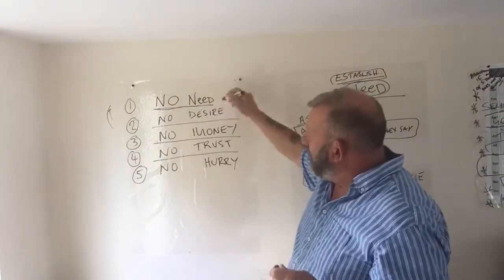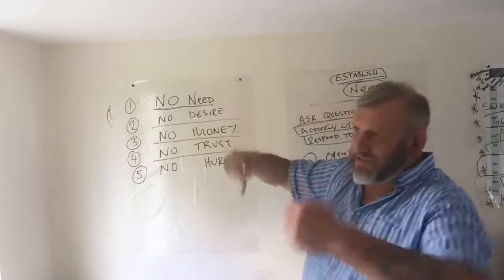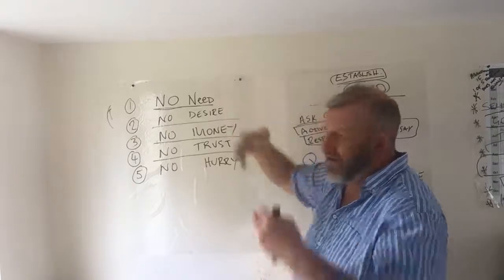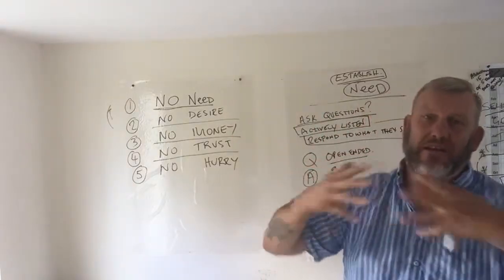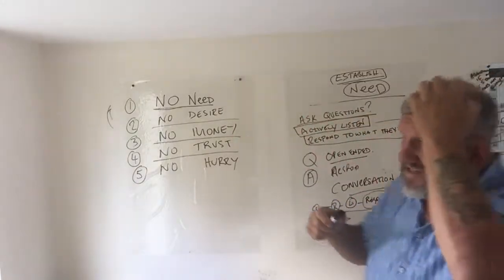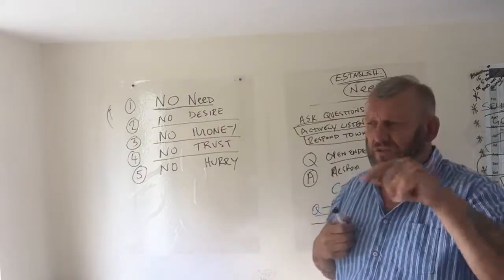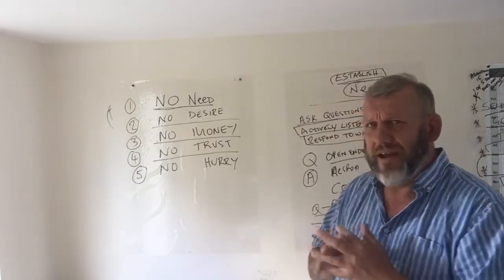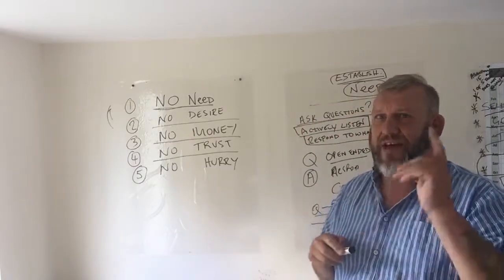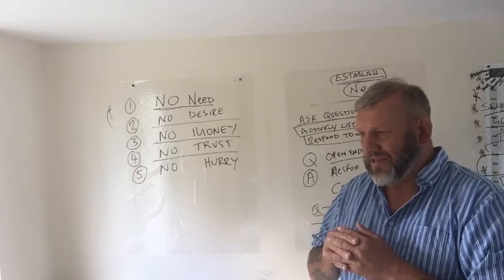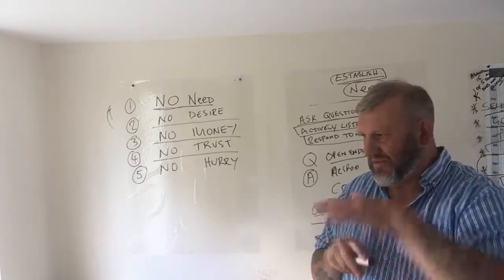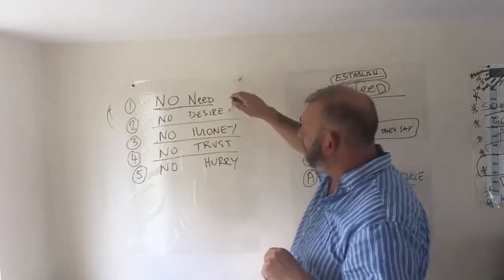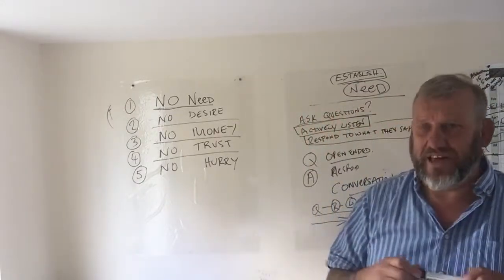So that's no need. I really would have liked to have introduced no desire, but I was desperate to try not to, because I want to treat that as individual, although they are intrinsically linked. So no need and no desire, and you'll see the reason why in the next video. I know I've probably waffled on a bit too much for you, but hopefully I've made some sense. If I haven't made any sense, obviously don't continue to watch me, because it won't work for you. And if I have, then please look out for my next video, which will be no desire.